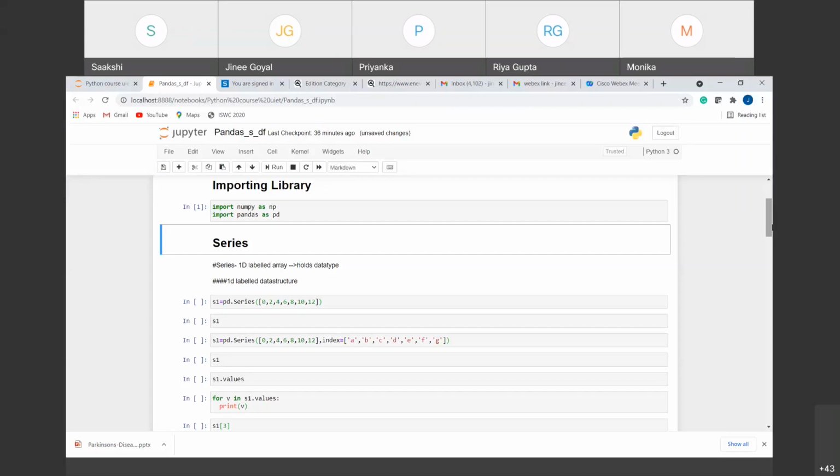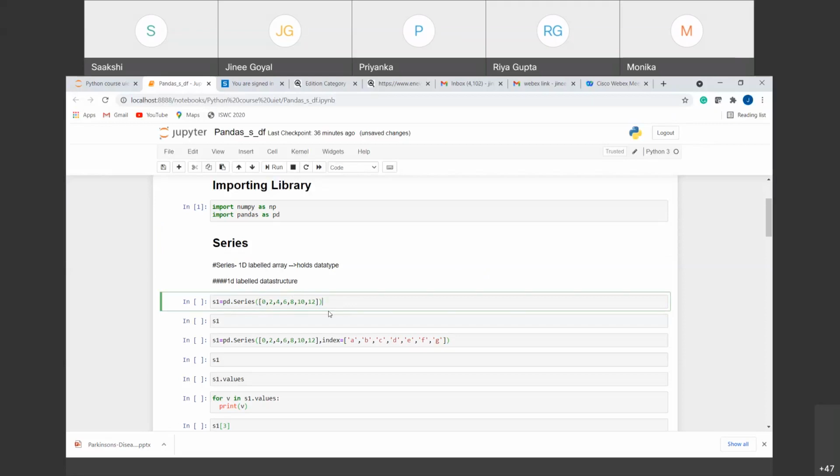So for that, if we want to create a series, we have a functionality Series with S capitalized here. So it is a function that is present in the pandas library. So if we want to use the functionality of the pandas, we have to write it as pd.Series, right? And inside it we have to define the elements we want in our one-dimensional array.